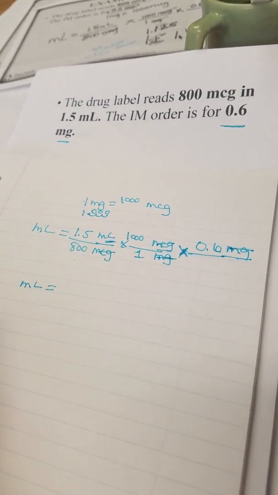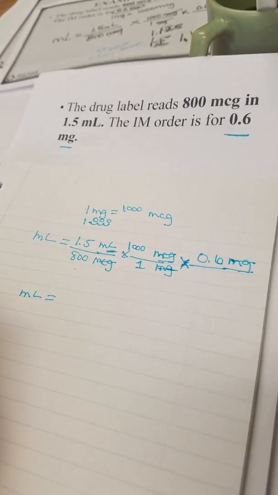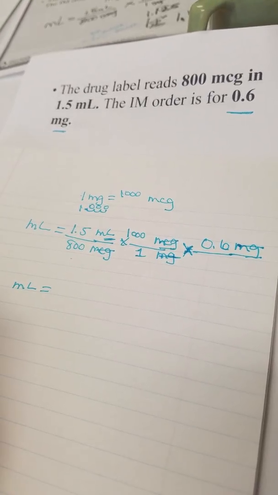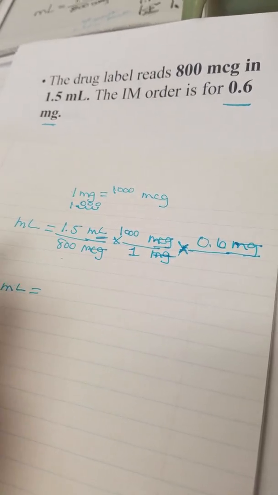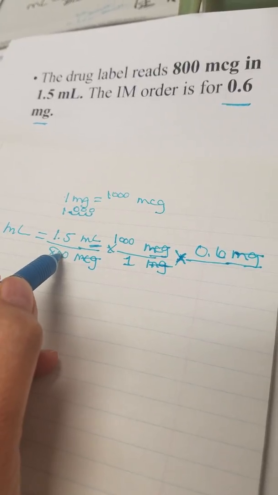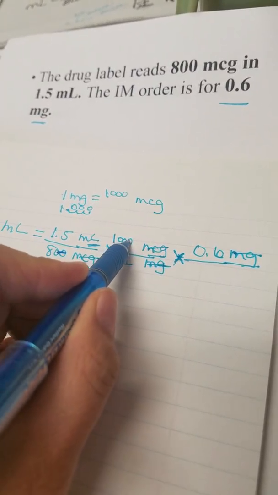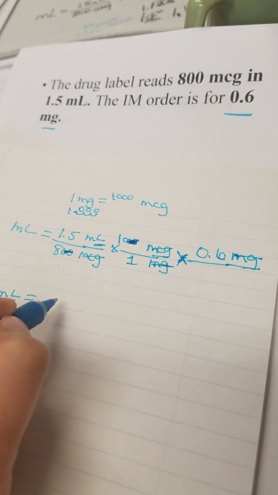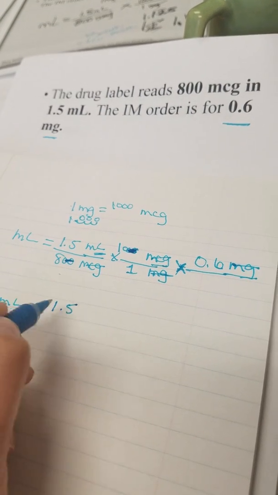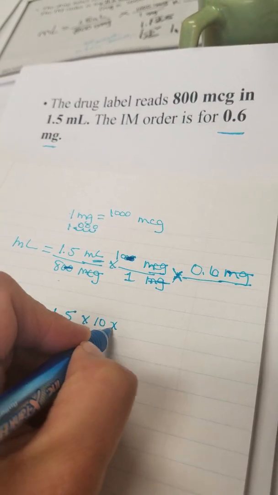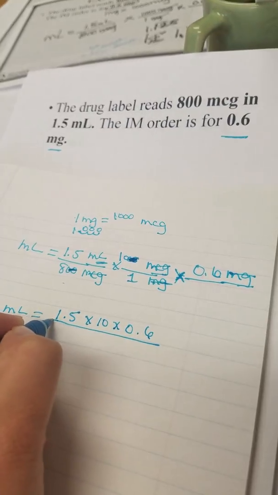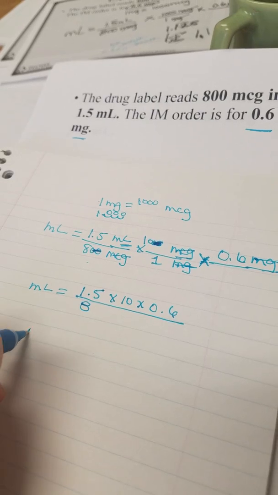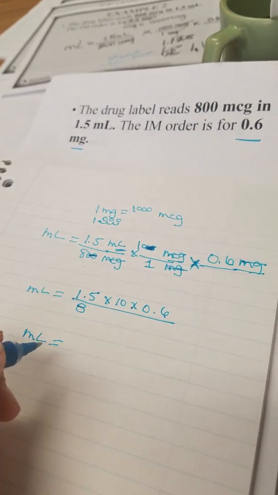Now here, instead of going and removing the zeros and doing all that, since we have a calculator, we can go ahead and just use our calculator. But we can remove some extra zeros. So if we remove 2 from here, we'll remove 2 from here. So we're left with 10. So it'll be 1.5 times 10 times 0.6 divided by 8. And we should be able to get our answer, which is